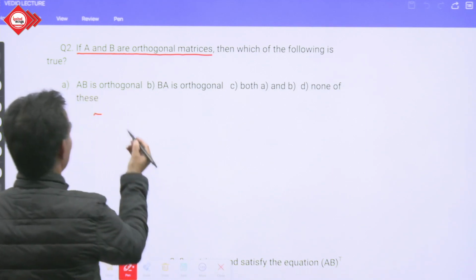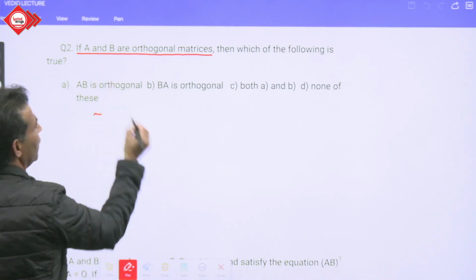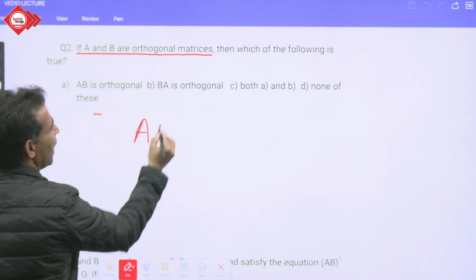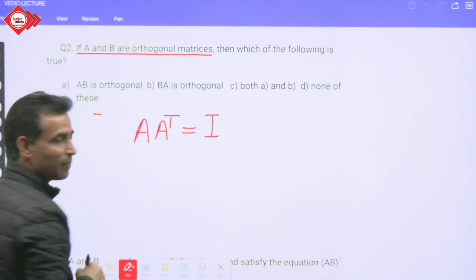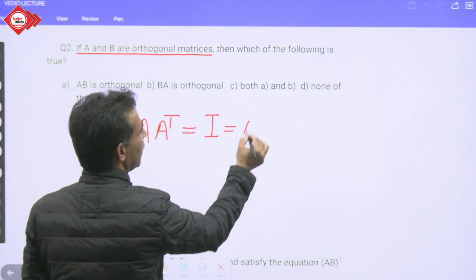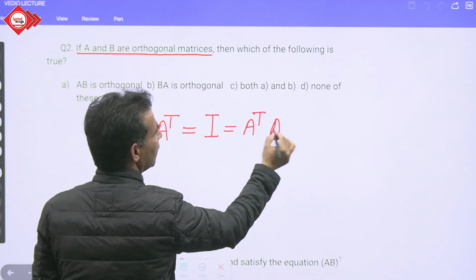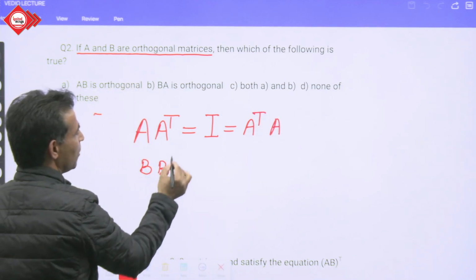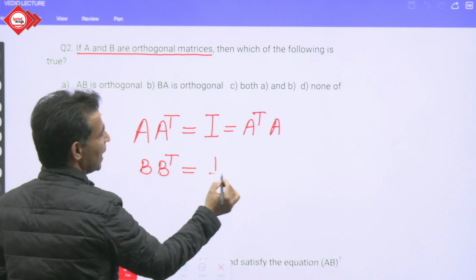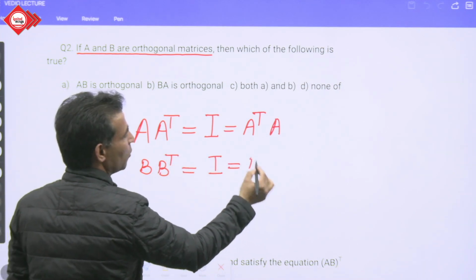So we write here, since A is orthogonal, it means that A A transpose is an identity matrix, equal to A transpose A. Similarly, B is an orthogonal matrix, so it means that B B transpose is an identity matrix, equal to B